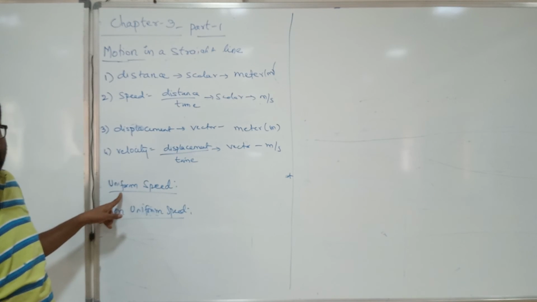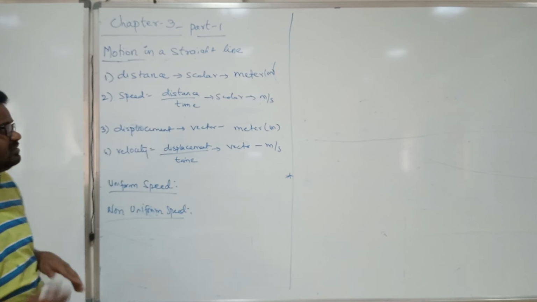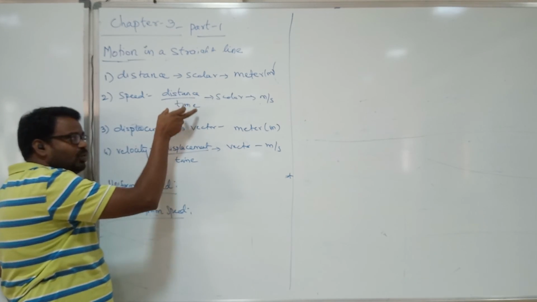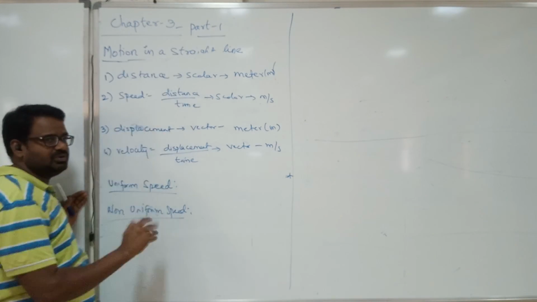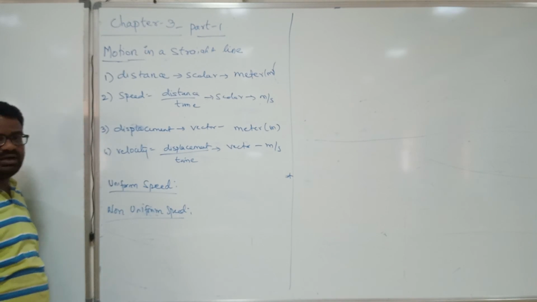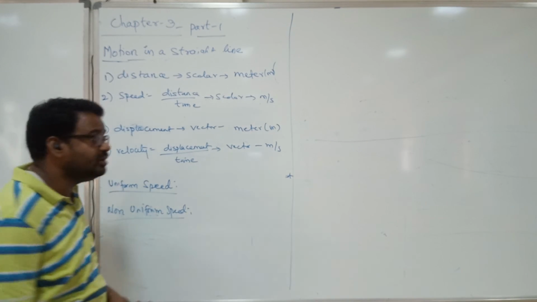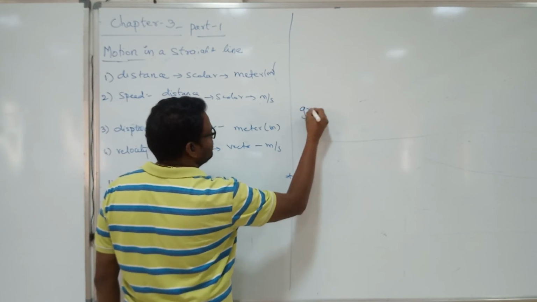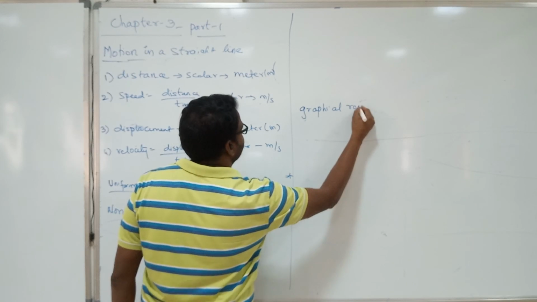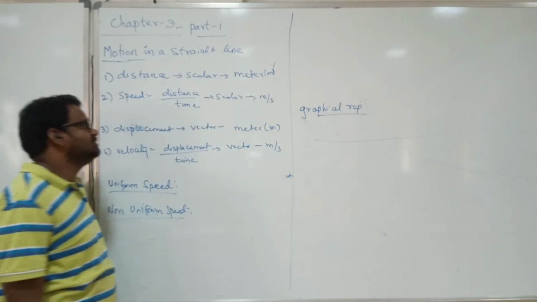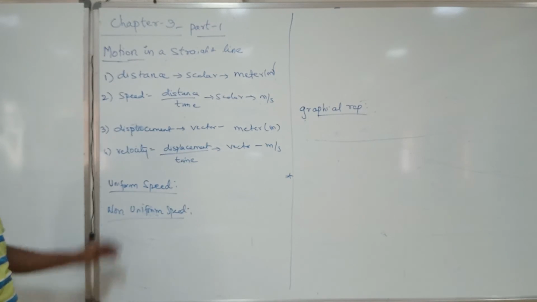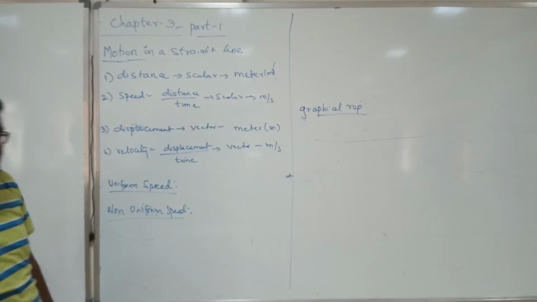What should it be? Uniform. Uniform means that in a given time interval, the same change takes place in each equal time. If both are the same, in simple words, both are the same. Now we'll introduce some graphs to understand this. Let us talk about the graphical way. Graphical representation means showing these things in the form of a graph. Since we are talking about